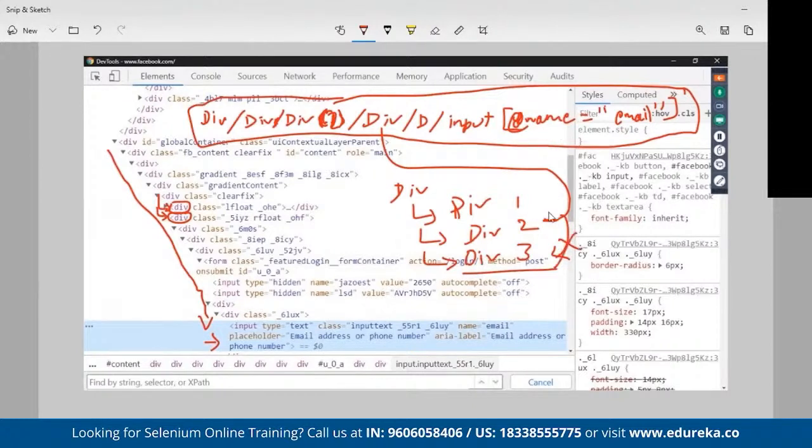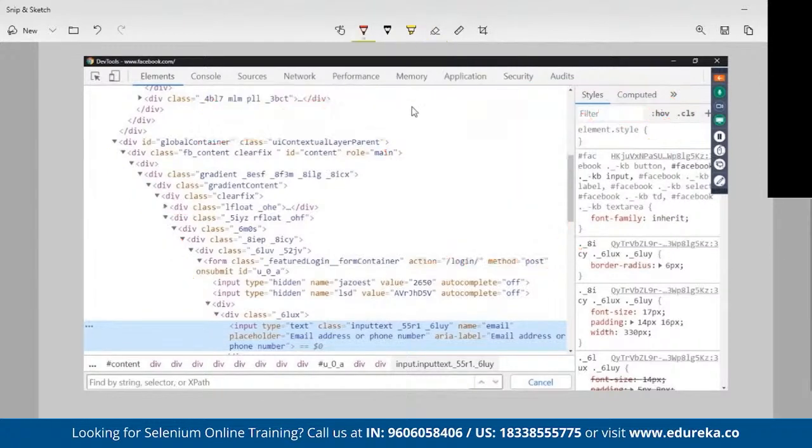Okay, so remember, the change has to be relevant also. Now this is one of the techniques of absolute XPath. We do not use absolute XPath in reality. So what do we use? We use relative XPath. Now what is relative XPath? Relative XPath directly finds the element anywhere on the page. So I can directly mention relative XPath to be